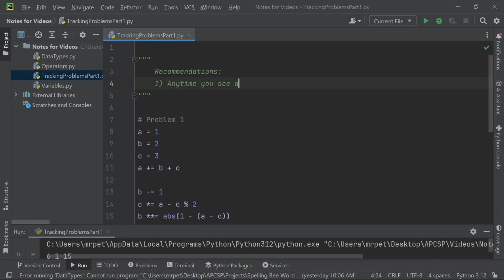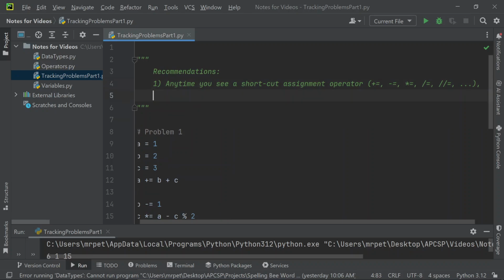Anytime you see a shortcut assignment operator, we're talking about these guys. I don't really want to write out all of them, but etc. We got 2 more: modulus equals and exponent equals. If you see those,